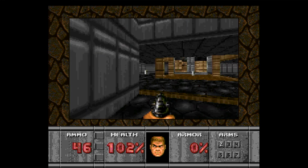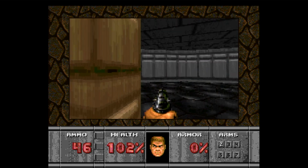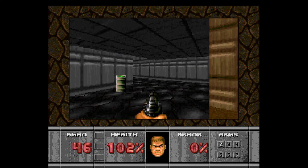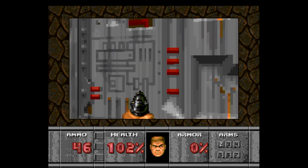But of course, it's the mid-90s. Doom has to be on everything. And, well, here you go. An obscure game on an obscure... Not an obscure game, a very common game on an obscure thing that was only...